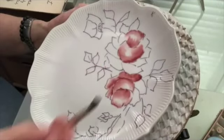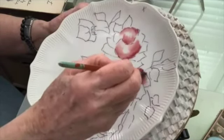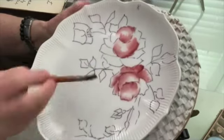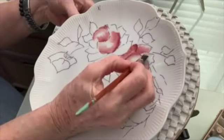Then I'll go back to side loading and just doing this side over here. And this one I have to even out. That's my side I don't do as well, and that's because I'm right-handed. And this side flows like butter, but the other side is always a little more difficult. And then pull this down here